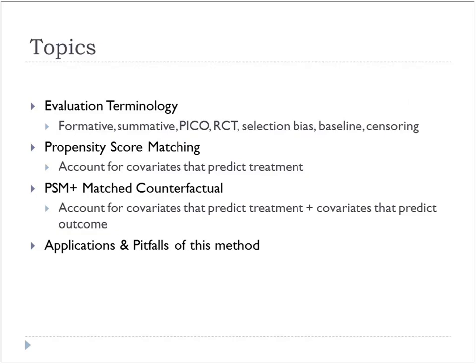I need a few terms in order to talk about this stuff. So I'm going to walk through some of the evaluation terminology, just a few things that I need to set it up. And then I want to get into what the vanilla propensity score matching is, that has been used for about 25 years, I think. And then I want to talk about the addition that I made to it,